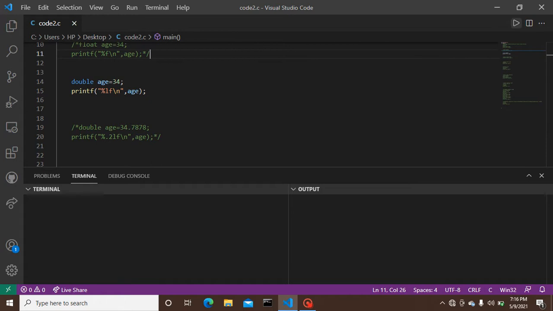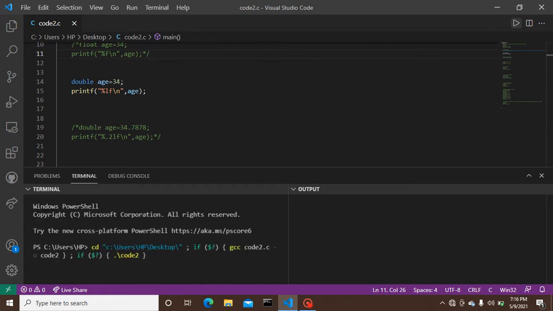Here is another code, or we can say a set of instructions that I have provided to the compiler. Here the output is 234.0000000.